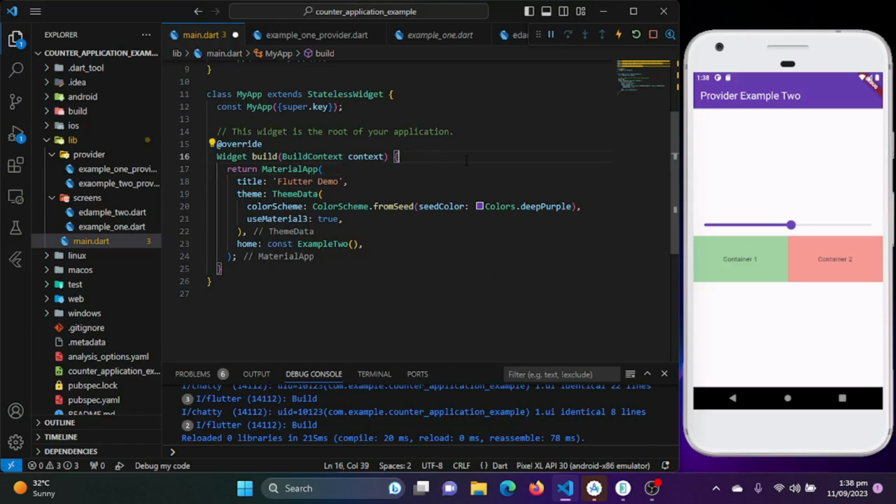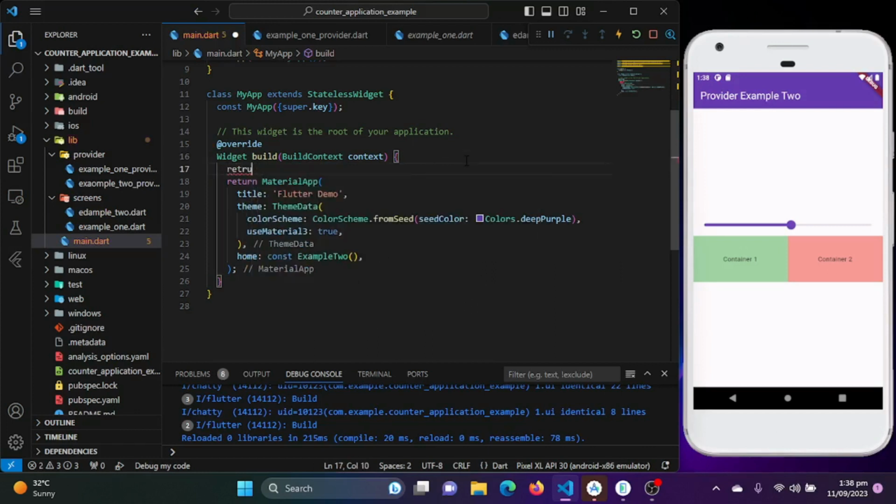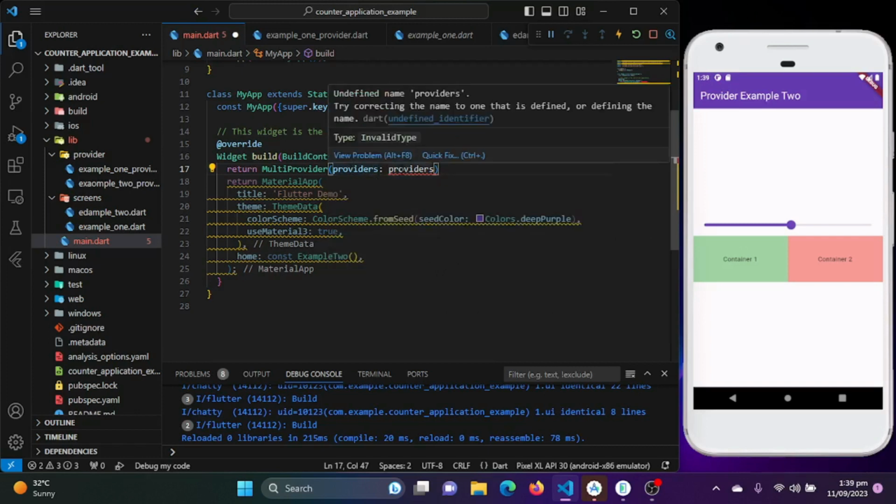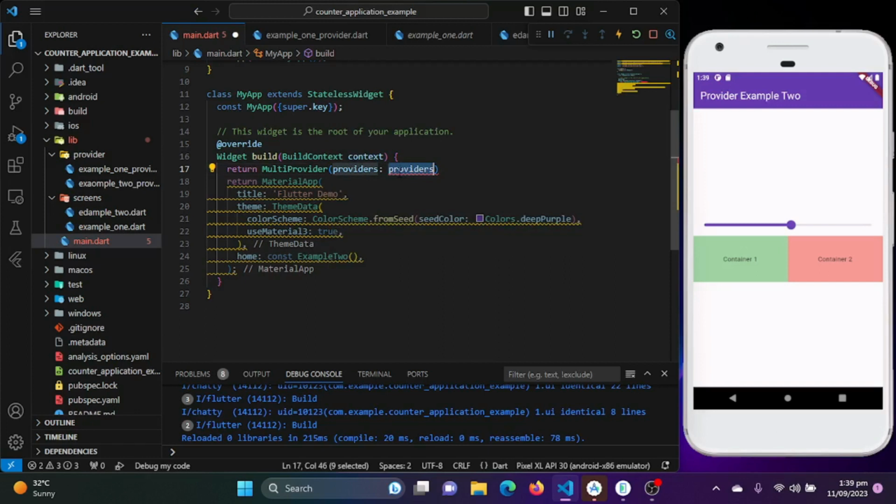So now again I will return multi provider here. Here this providers is requiring a list, so we will provide providers list here,